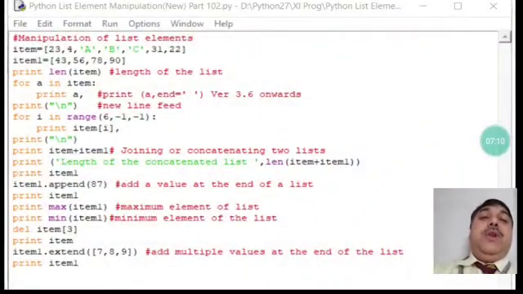Now the second program based on the list. See this second program. Here the user is not going to do anything. This is a program where all the things have been given here. You can see that in the first item I have given some numbers and some alphabets. In the second item, the numbers have been given. Then I have printed it in a different way.